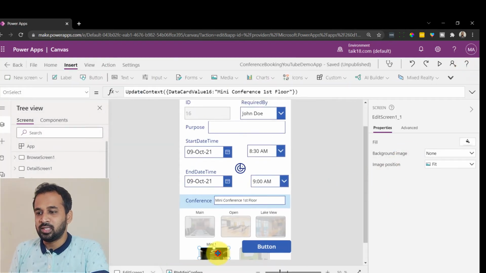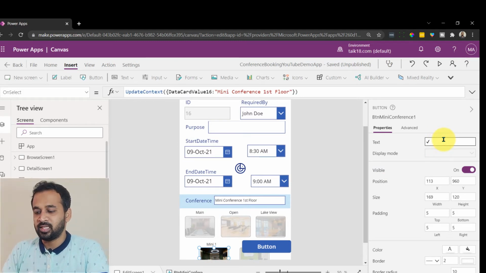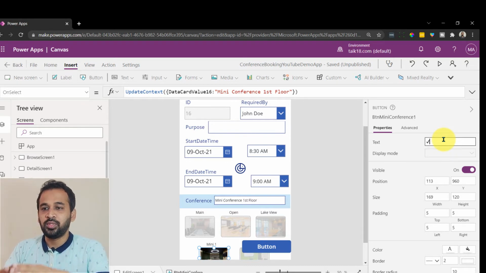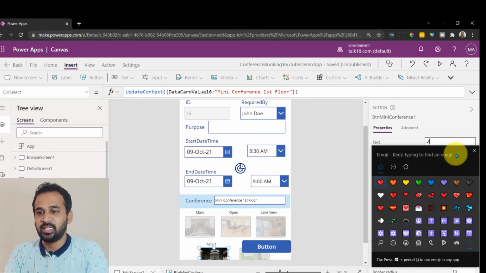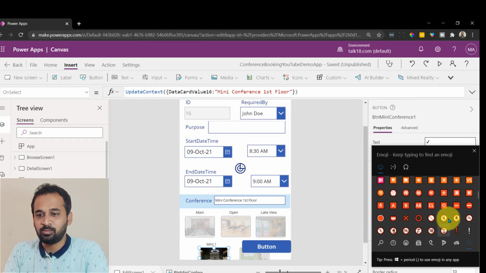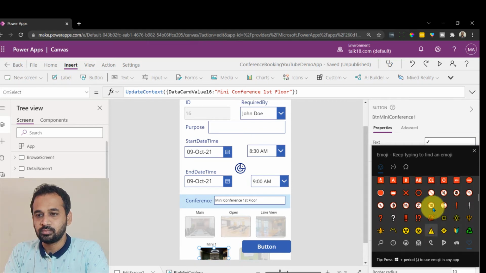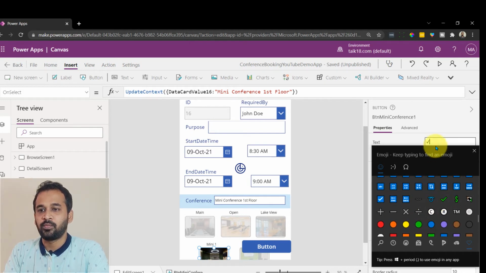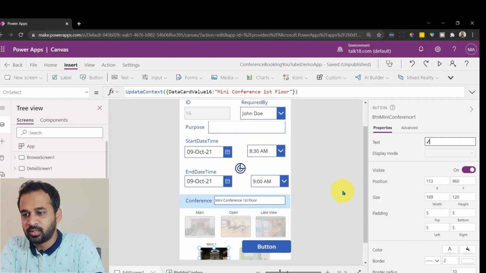And how I did that is, if you click on a text box in the text area and then press the Windows key and then dot, it will give you the list of emojis, and from that I have selected all the emojis I need here. For example, I have selected the tick mark options from this one. Yeah, here is the one I have selected for now. So you can select any color or whatever you like based on your requirement.